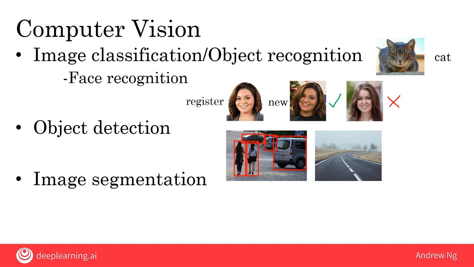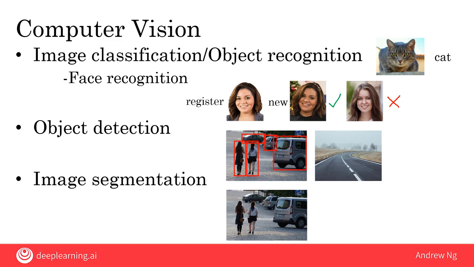Image segmentation takes this one step further. Given an image like this, an image segmentation algorithm may output that, where it tells us not just where the cars and pedestrians are, but tells us for every single pixel, is this pixel part of this car or is this pixel part of a pedestrian? So it doesn't just draw rectangles around the objects it detects, instead it draws very precise boundaries around the objects that it finds. So in reading X-rays, for example, it would be an image segmentation algorithm that could look at an X-ray scan or some other image of a human body and carefully segment out where is the liver or where is the heart or where is the bone in this image.